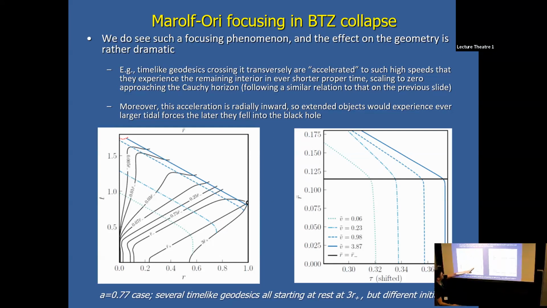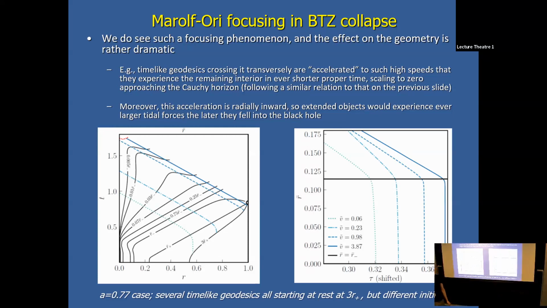You can see this then wraps around and goes to R equals 0 here and here. And this is the Cauchy horizon, where R is decreasing along the Cauchy horizon. That's another significant difference in the back reacting case versus the static case, where this was just constant. But in any case, at certain times here, we dropped a particle from rest,